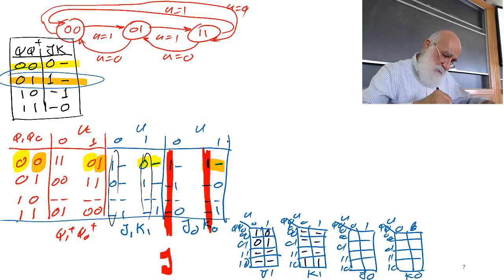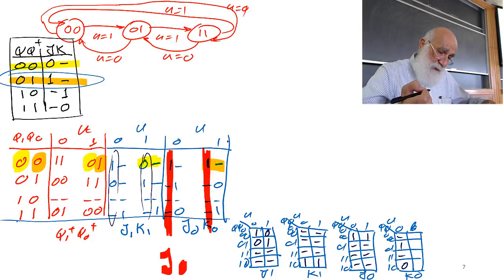Okay, so J0 are those 2 columns. So 1 dash dash dash. The next one, same thing, 1 dash dash dash. K0 is dash 1 dash 0 dash 1 dash 0 dash 0 dash 1. Okay,